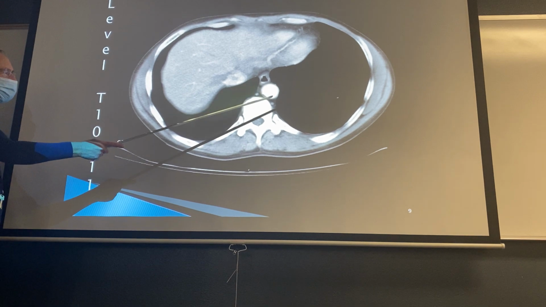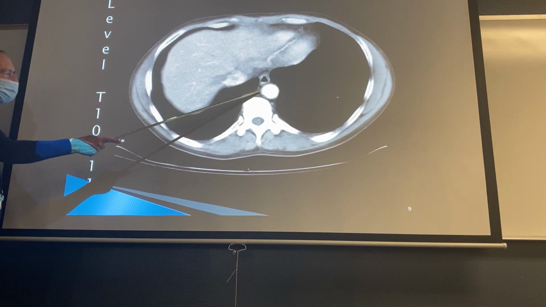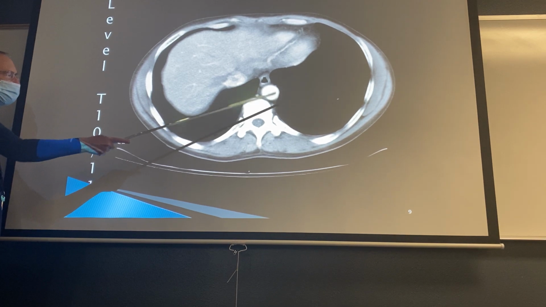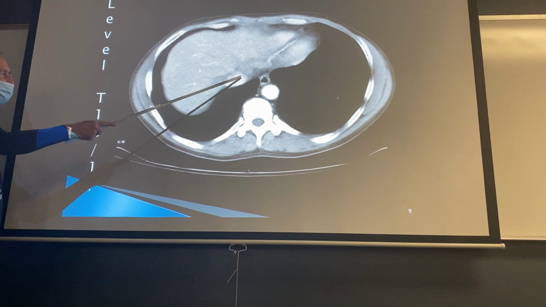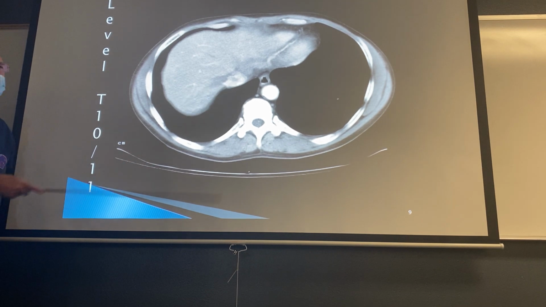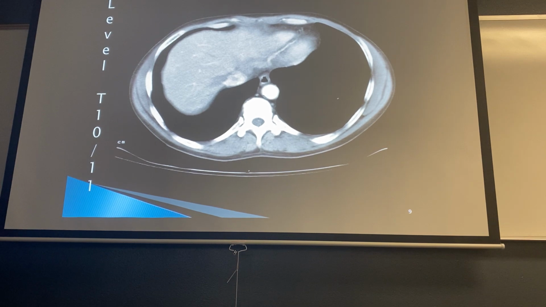Esophagus, we have aorta, not quite abdominal, probably getting close to it. Here's your azygos vein, and then what we didn't see earlier on the chest is hemiazygos. Right off the bat, we have the IVC, and you're going to see it hugging the medial aspect of the liver. So as we work our way down the liver,